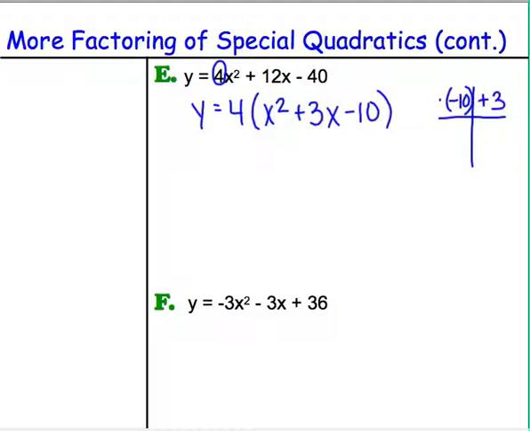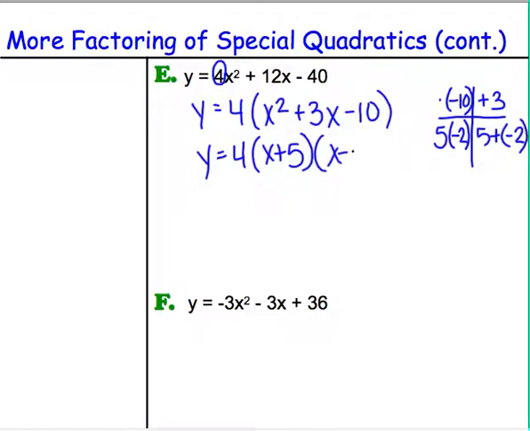So I think right away I need one positive number, one negative number, because that's how I'm going to get negative 10. And I need the bigger one to be positive, because I need that positive 3 in the end. So I think 5 times 2, because that's a difference of 3. But I need 5 times negative 2, because 5 plus negative 2 does in fact equal 3. So I get y equals 4 times the quantity x plus 5